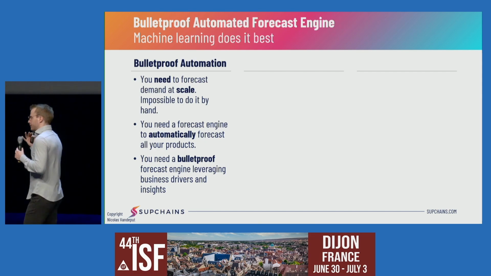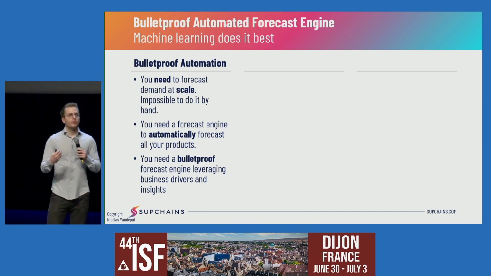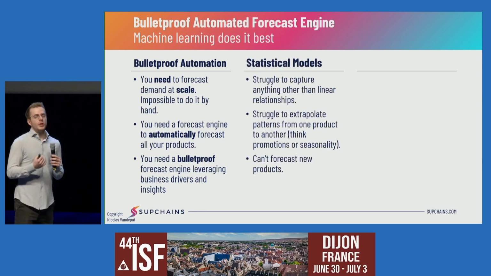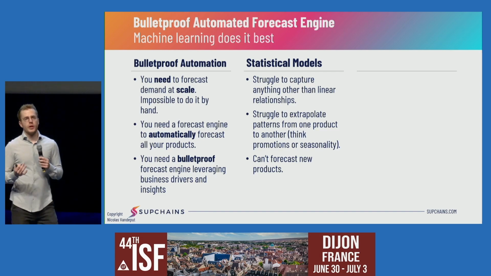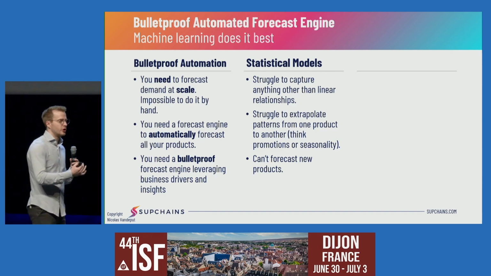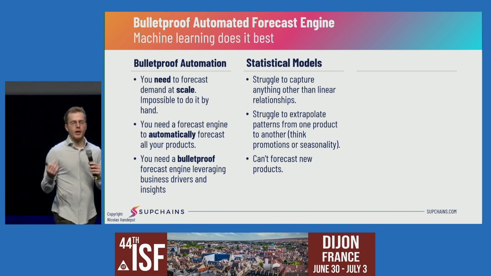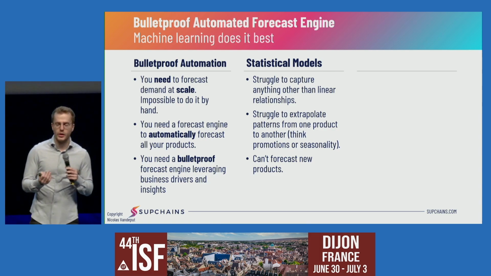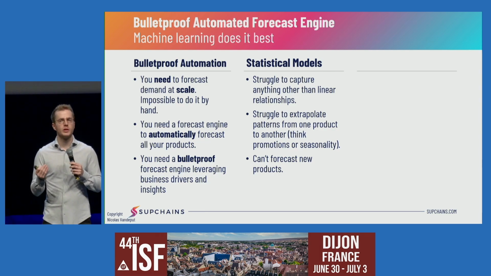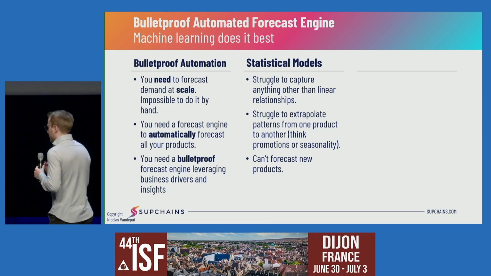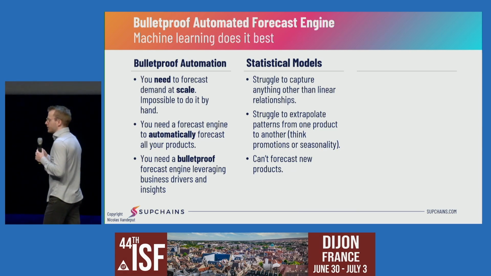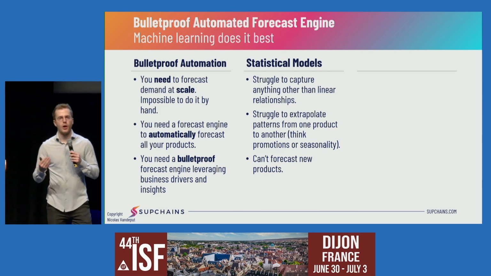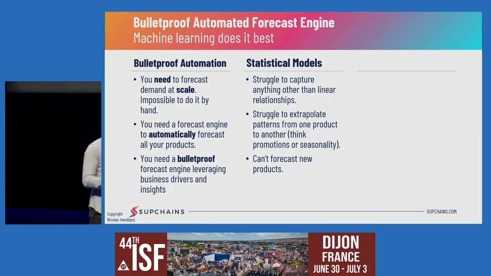Now, why is machine learning so good at this, and why am I not advising you to use statistical models to do that? For me, statistical models struggle to understand complex relationships between shortages, promotion, prices, weather, sellouts, sell-in. It's too complex, okay? Statistical models are great at capturing some linear relationships, but as soon as it gets more complex than that, it gets difficult. Statistical models also suffer from something else. They kind of locally optimize product by product. So they don't understand what's happening for other products. They don't understand how this promotion might have impacted another similar product and so on.